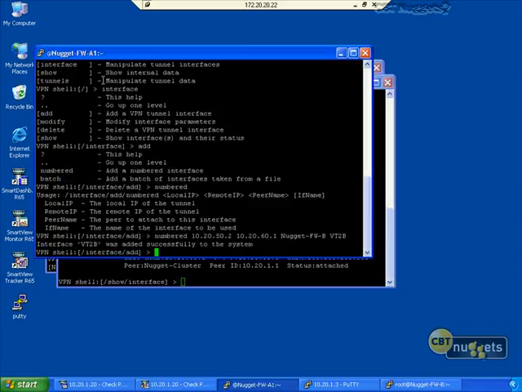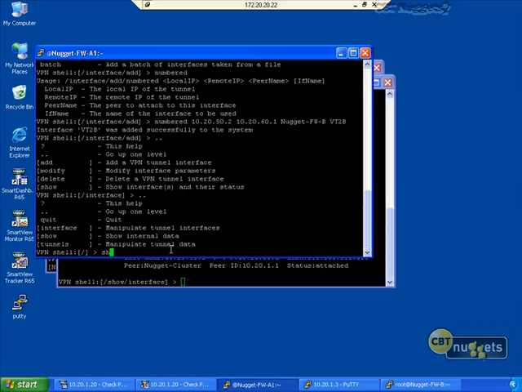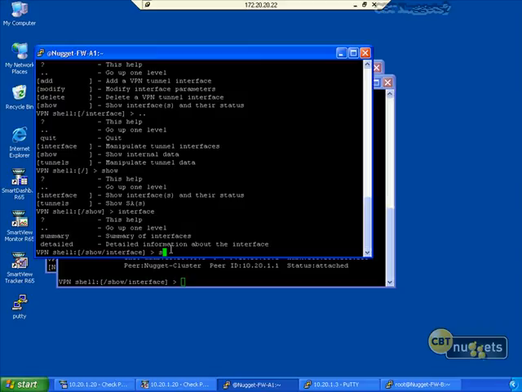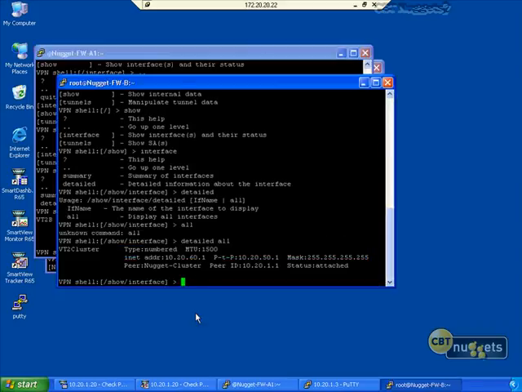Let's do the same type of verification over on this one. So we'll do show interface detailed all, and we see our current status is attached. So we're in great shape there. So that satisfies the actual VTI information, and it's completely attached between our Nugget Firewall cluster and our Nugget Firewall B, and we could do the same type of verification just to make sure everything is working as expected on